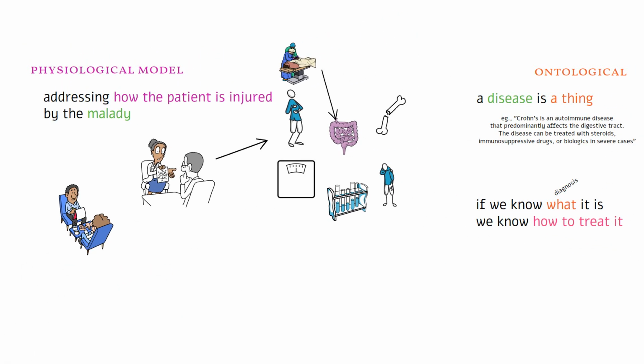A good doctor is going to need to understand disease as ontological. You have Crohn's disease. We treat that with Entyvio. And also physiological. You have some malabsorption, so I'd like you to take these vitamins and adjust your diet in this way. But a patient's health isn't a job for just one doctor. It needs a whole team of doctors, some of whom will be thinking more ontologically and others more physiologically.